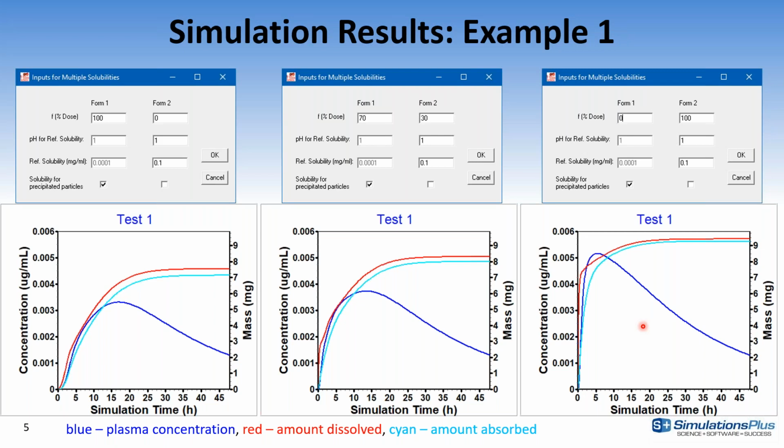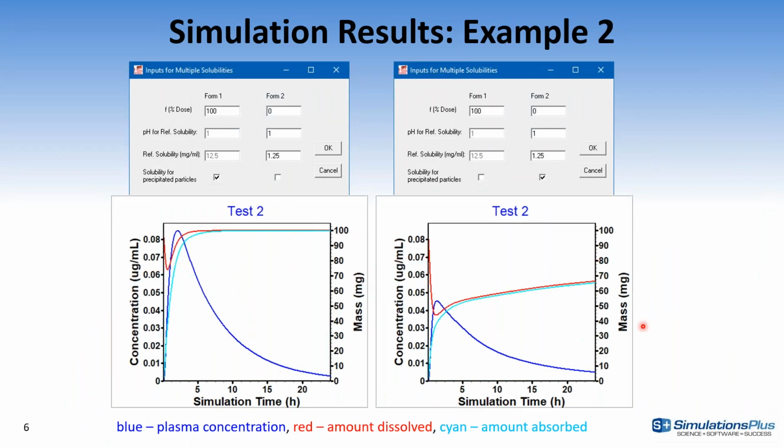forms of the molecule. The second example is looking more at the differences in the precipitation. Again, if we have a scenario where the compound is precipitating in a less soluble form than what was administered, on the left-hand side showing the typical example that you can model now, where the compound precipitates in the same form in which it is being administered. On the right, you see precipitation in the less soluble form, resulting in less redissolution of the precipitate and lower exposure for the compound.